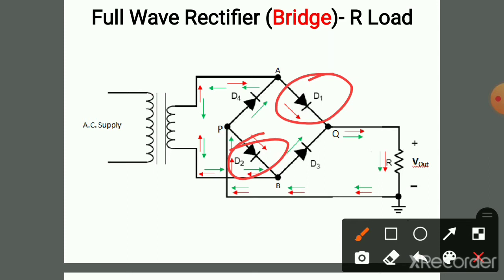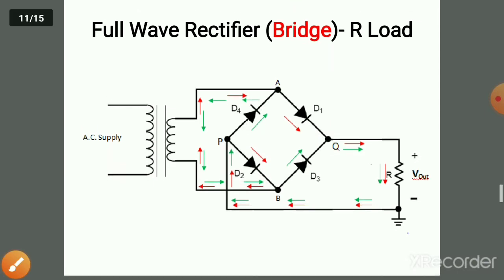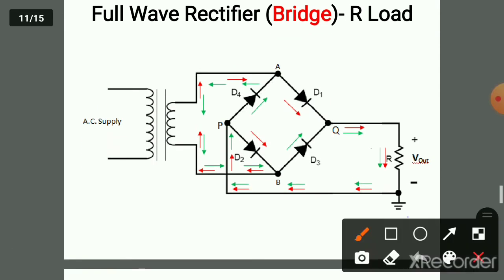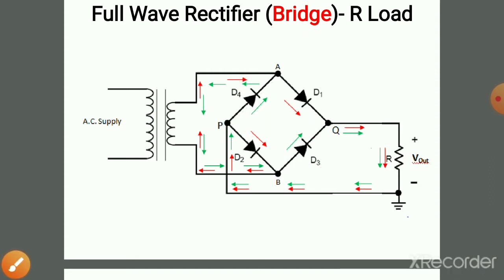So in the negative half cycle, what happens? Diode D3 and D4 are acting, which once again short circuit and allow the flow of current from source towards the load. Okay, that's the operation. So I'll just indicate how the current is flowing when the diodes D1 and D2 are acting, and how the current will flow when the diodes D3 and D4 are acting.